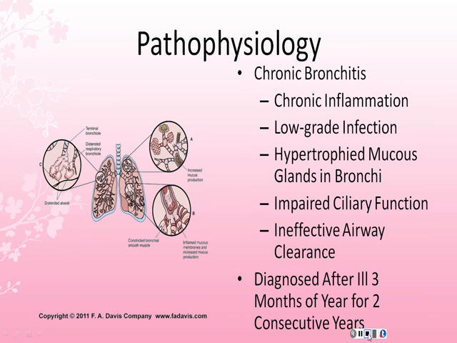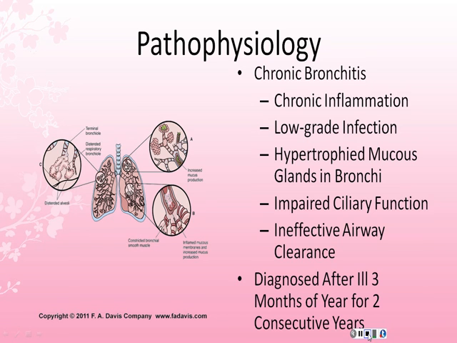It's diagnosed after symptoms occur 3 months out of the year, 2 consecutive years. So you don't jump to that conclusion right away, but when the person is having steady symptoms 3 months out of the year for 2 years, then they'll be diagnosed with COPD